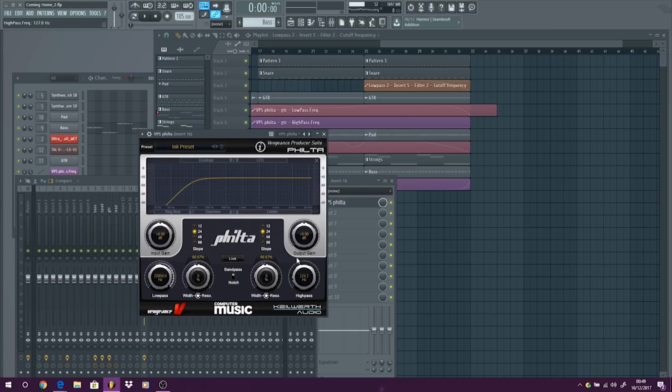You could add a high pass filter, and you could just take away the low end of it. So you can use it very similarly to where you see me using EQs when it comes to cutting channels. You can do the same if you've got a very high sound. You could maybe add a gentle filter rather than EQ. So filters and EQs are very similar in what they do,